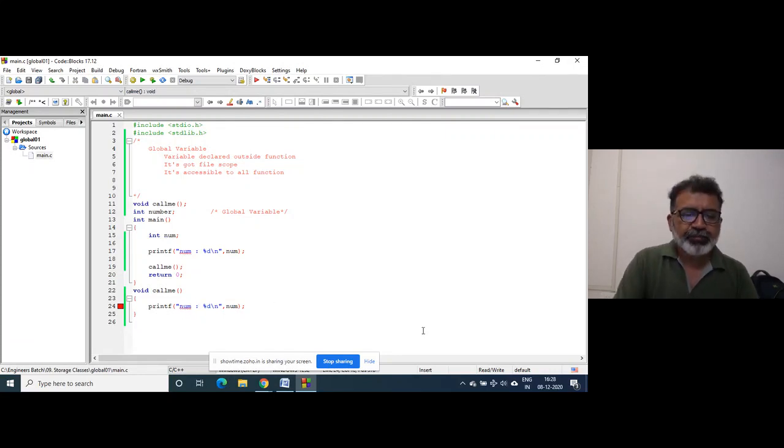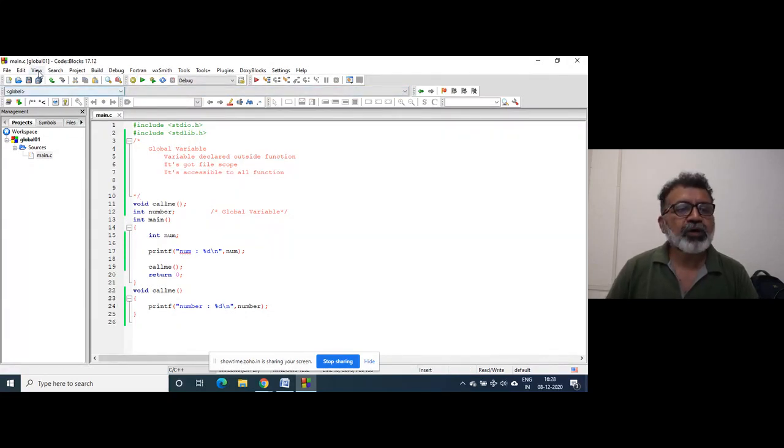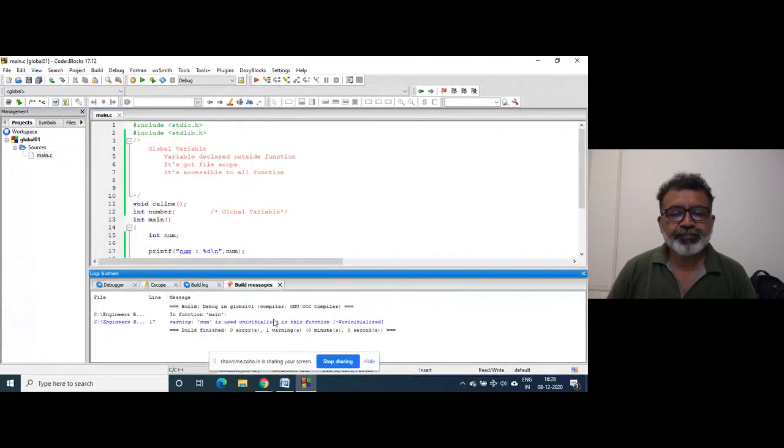But suppose I write number. Since this variable number is at the global level, at the file scope, this function can have access to the variable number. That is what actually I said here. So if I compile this program, you won't get any error.